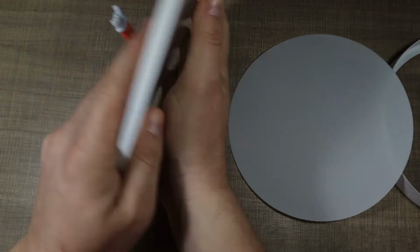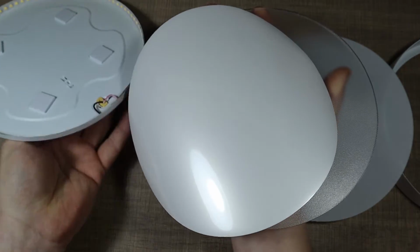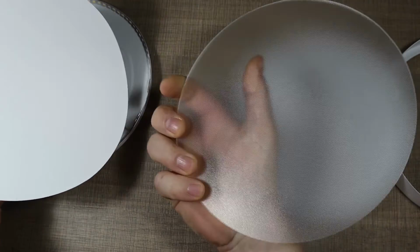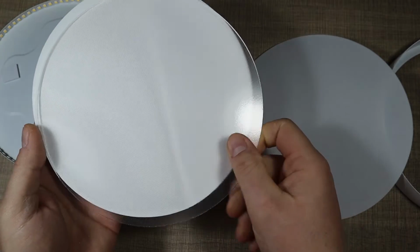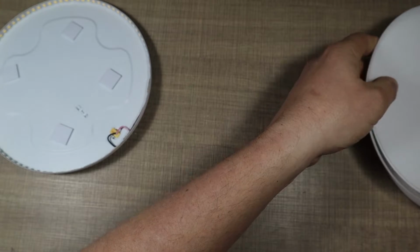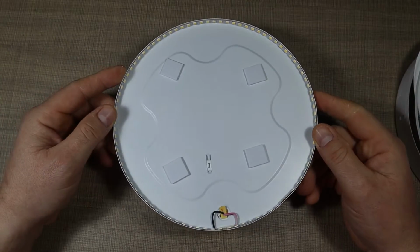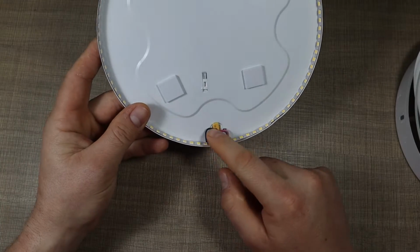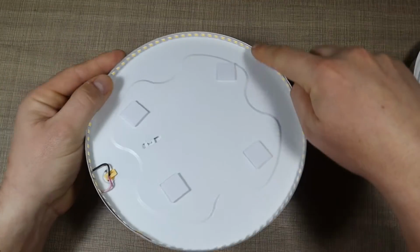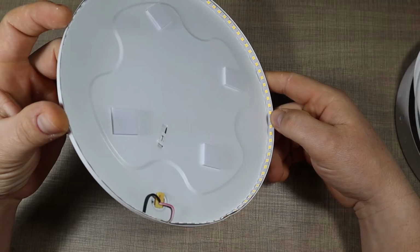Next, let me get this entirely. Next we have also a piece of glass that's diffused and a reflector on the back. So let's move this aside. And on the metal plate that we are left with, we have the power coming in, and we have an LED strip going all around. Now looking at it on first glance,